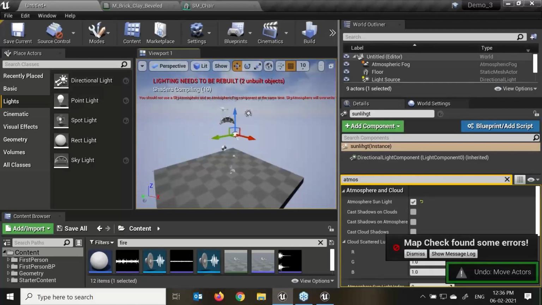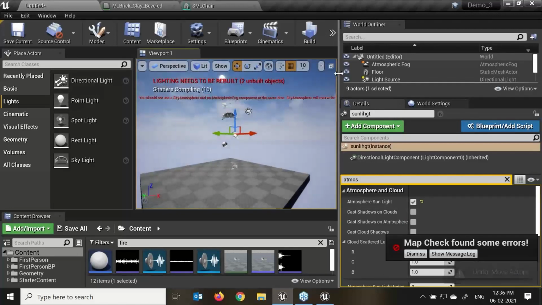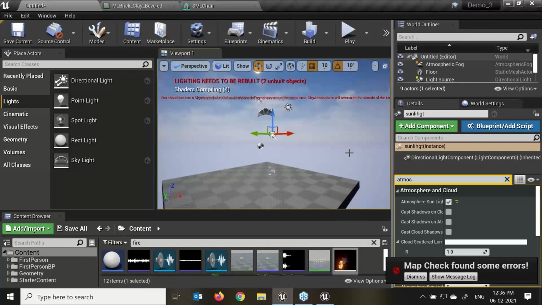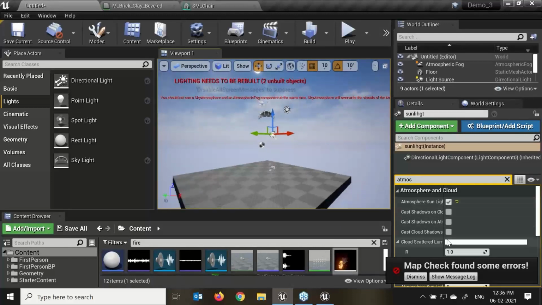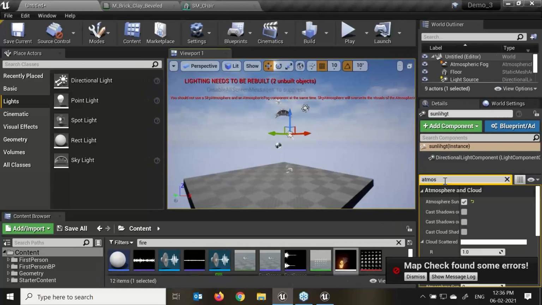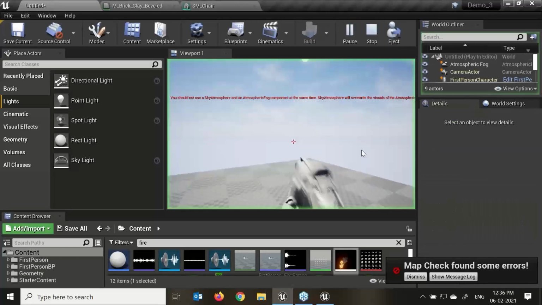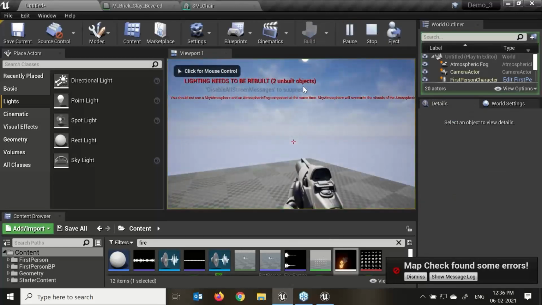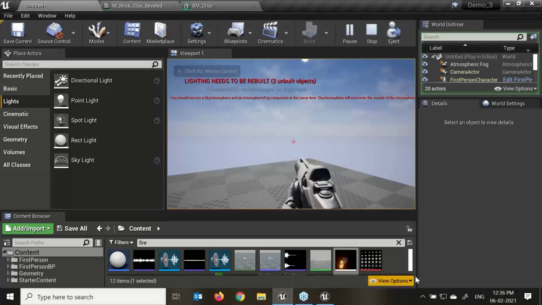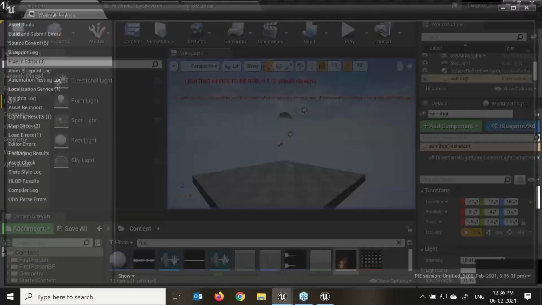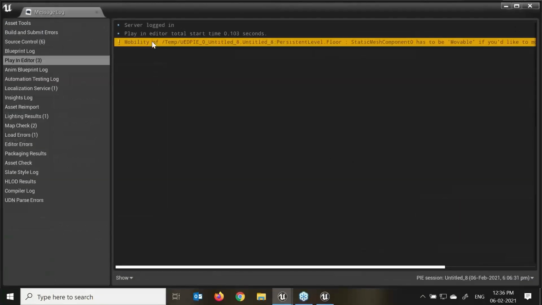We have created the clouds in UE5, correct? We can save this into our level also. Skies, and again create the cloud property, cast shadow, collision event is also possible. Okay, I'll just delete this. Again, light needs to be rebuilt over here. Two inbuilt objects. I'll dismiss this. There are some errors I'm getting over here related to temperature and date, untitled one.